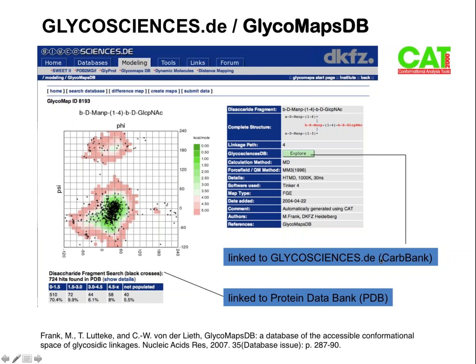As you can see on the left-hand side, the dark spots are crystallographically derived structures from the PDB, and the background is the low energy area for this kind of linkage, which in this case is a MAN beta 1,4 GlcNAc linkage, which is essentially present in every N-glycan